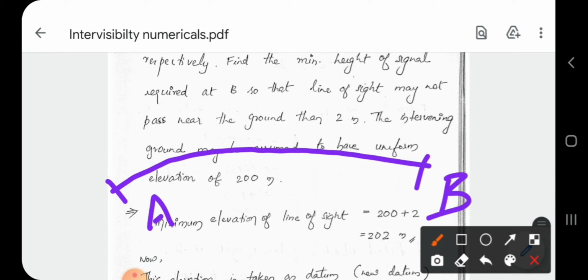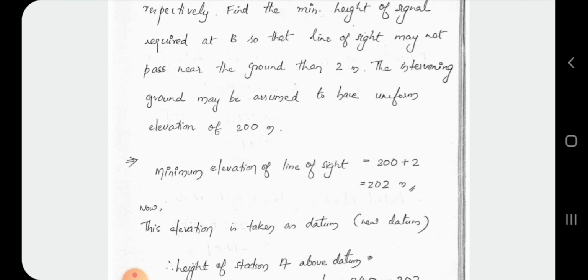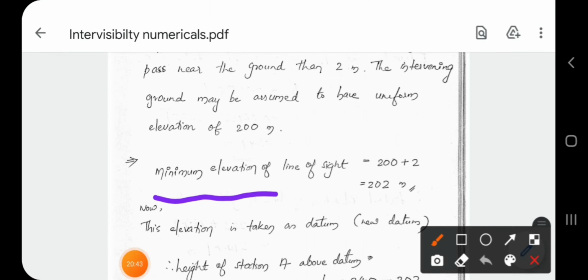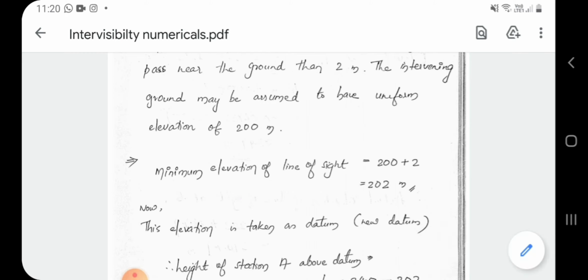So line of sight should never be less than 200 plus 2, that is 202 meters. Okay, line of sight should never fall below 202 meter elevation. Okay, we can see in the problem. So here you can write the minimum elevation of line of sight should be 200 plus 2,